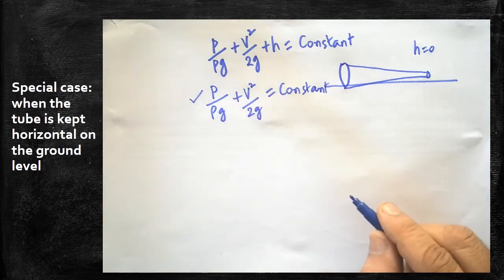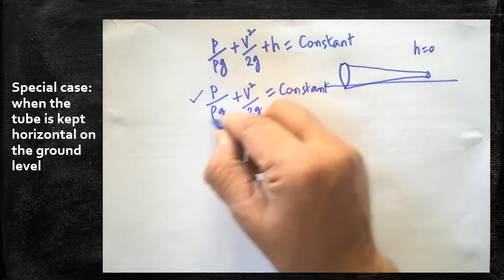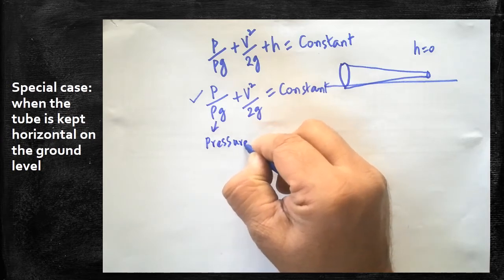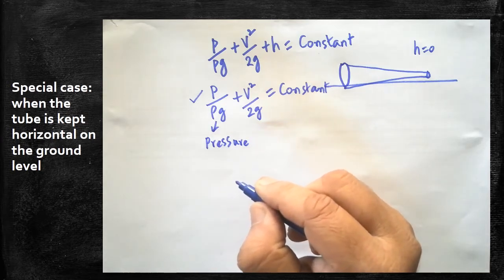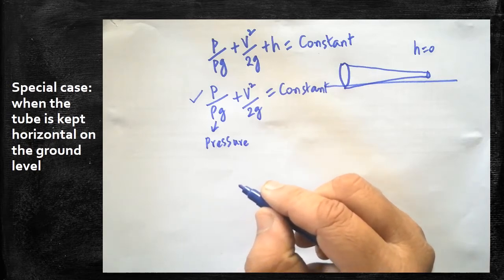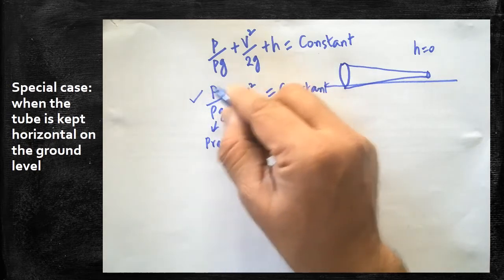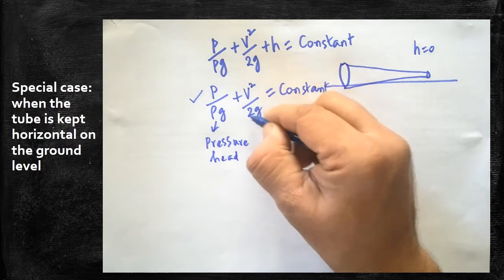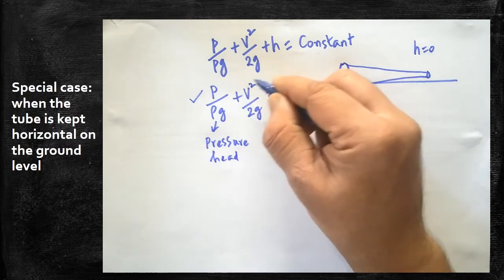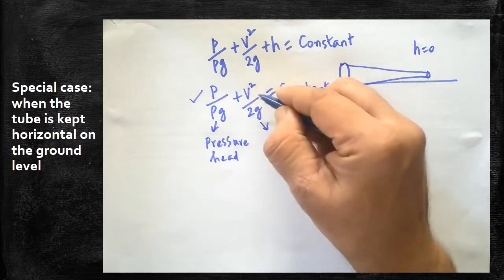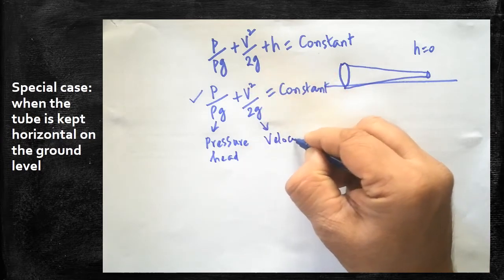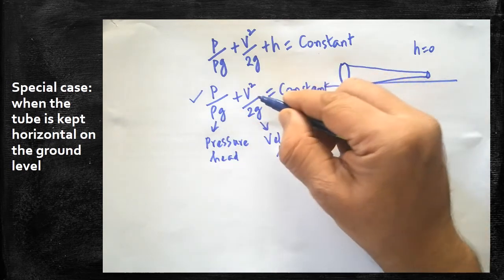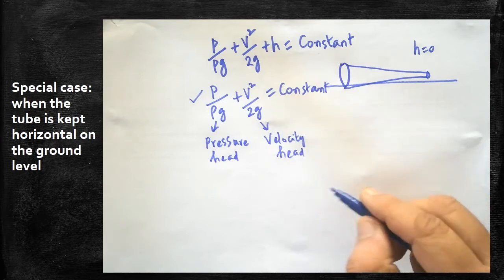Here I would like to tell a few more things. The name of this part is called pressure head. Are you clear? That one tells about the pressure. Is it clear? The parameter of the pressure is indicated by which one? This portion. Therefore, this portion is called pressure head. And this portion tells about the velocity of the flowing liquid. Therefore, this part is called velocity head. Are you clear? So one is telling about pressure, the other one is indicating the velocity.